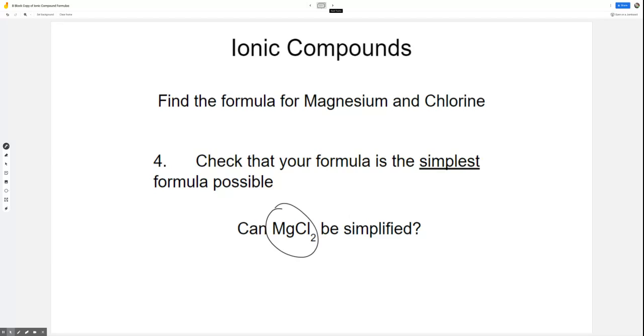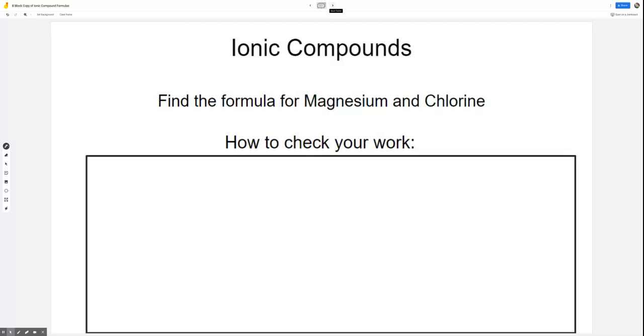Okay, so the steps in the middle, again, are just crisscrossing numbers. Don't use the charges, just the numbers. Take the number from the positive ion, make it the subscript of the negative. Take the charge of the negative, make it the subscript of the positive. And then, just to show you the check,